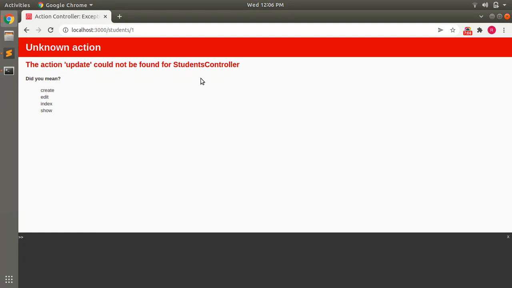Why? Because the edit action is only for opening the form for editing your resource, but update is for saving the updated params into the database for the respective resource object. So in the next lecture we will implement this update action.